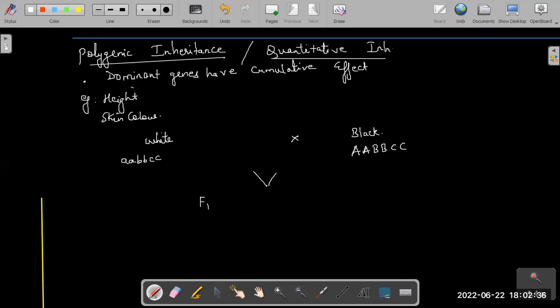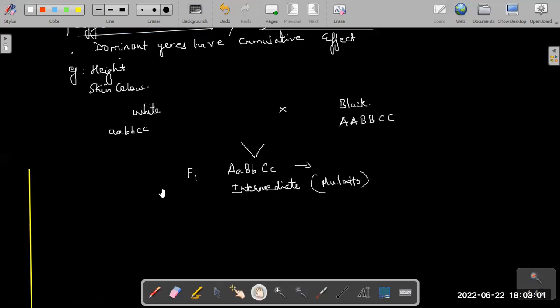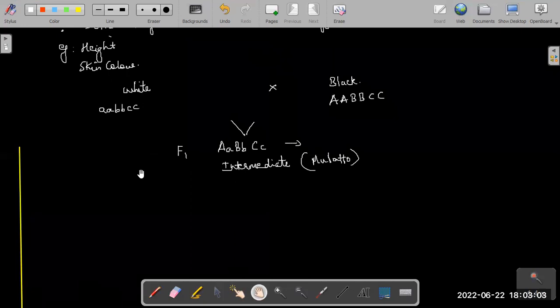In F1, what I end up getting is a heterozygous condition. Now what do you end up getting for the heterozygous condition? This is intermediate color. And these intermediates are called mulattoes. That's a mulatto, intermediate color. So when you do such a tri-hybrid cross, your phenotypes will be